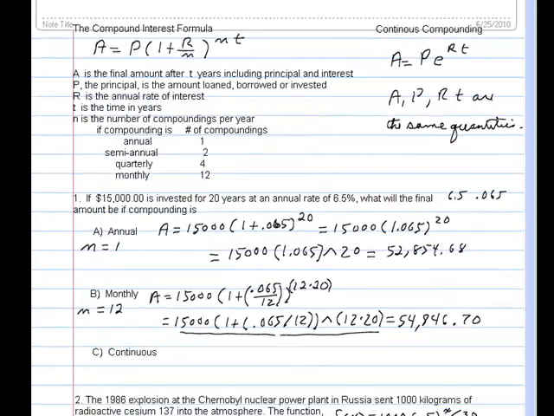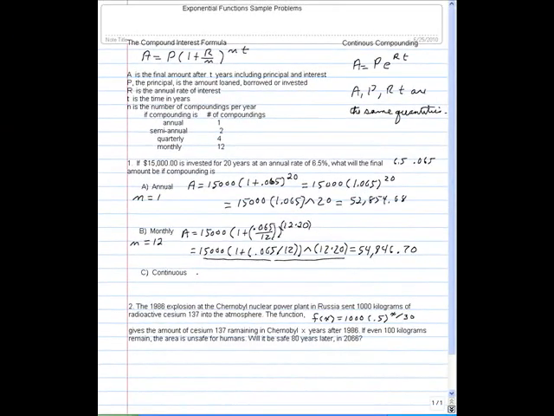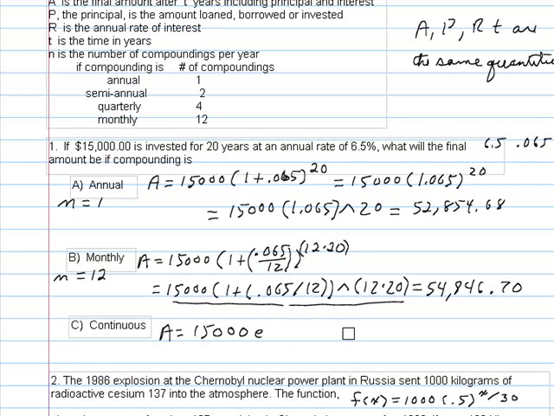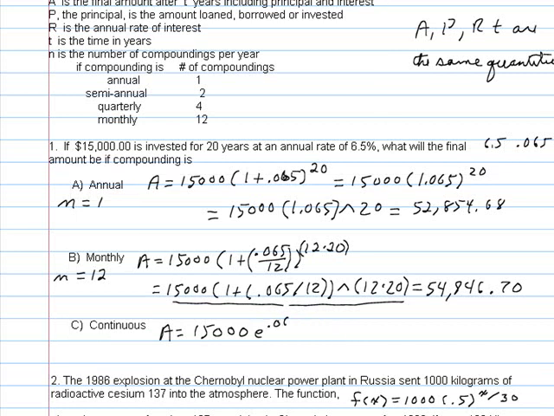And finally, continuous compounding is kind of easy. Here we do the formula A equals P, still 15,000. This time you have to hit E to the RT, and your R is 0.065, and your T is 20. So again, you have an exponent with more than one number in it, so that's going to have to go in a bracket. Now to get E on your calculator, you're going to have to press